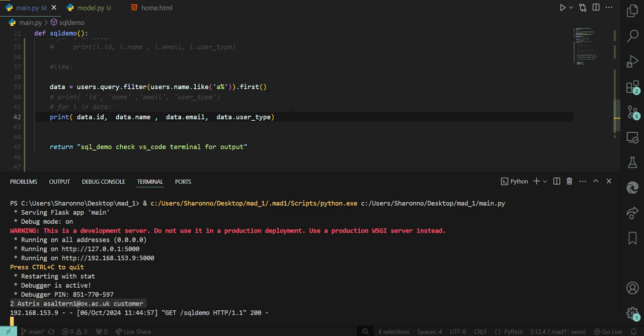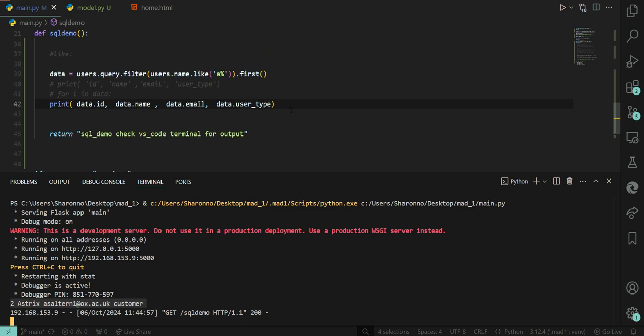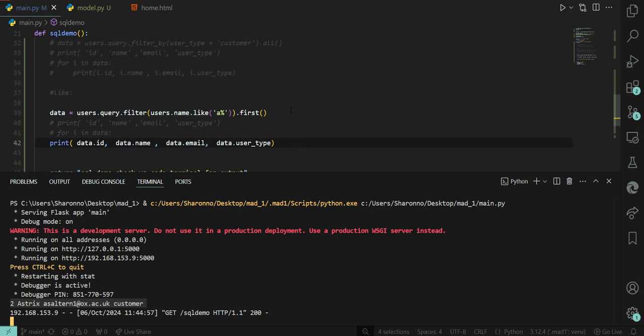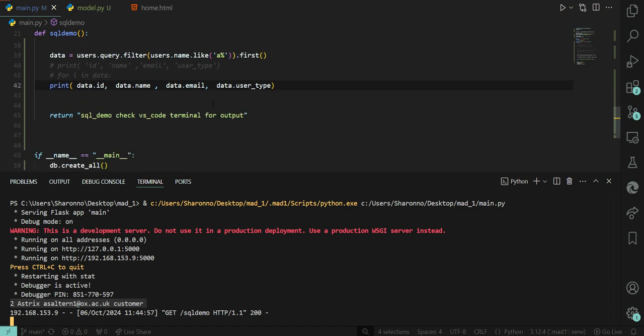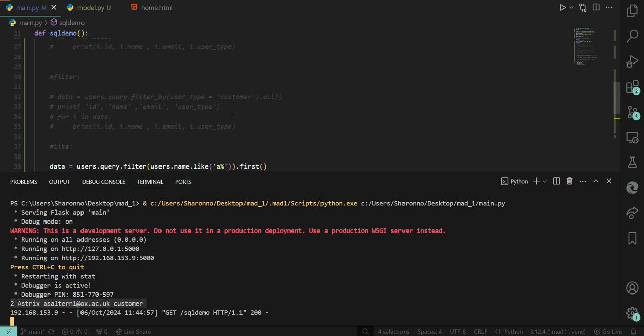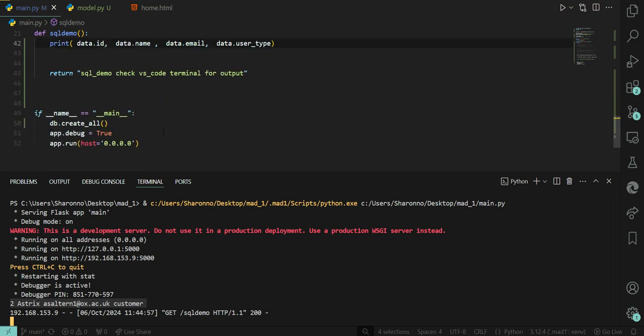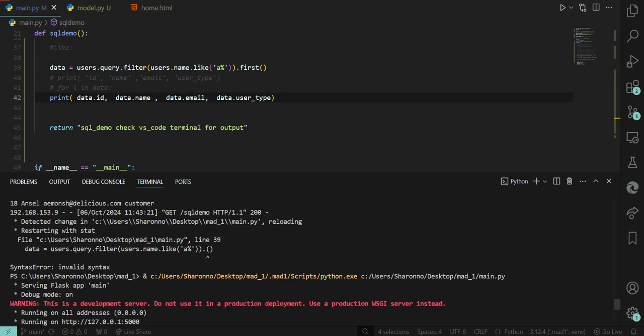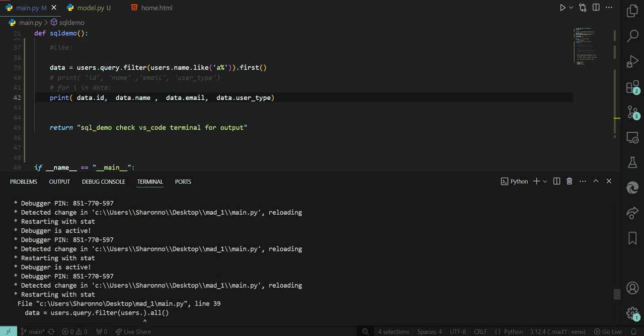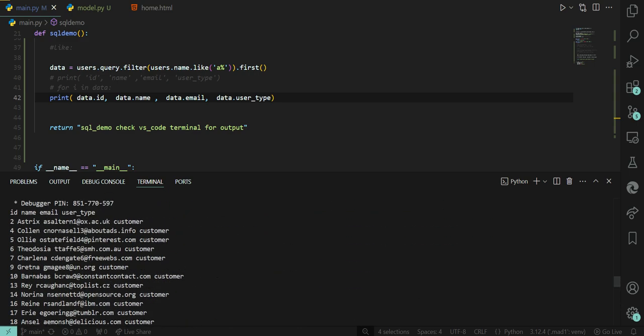Okay, so this is how we use filter and queries in SQLite to query and filter data from the database. So that's the basic introduction of querying data from your databases, and at least for now showing it in your terminal window. Next, we will see how we can show it in our web page. So let me just